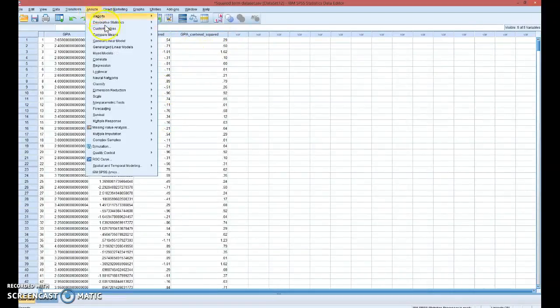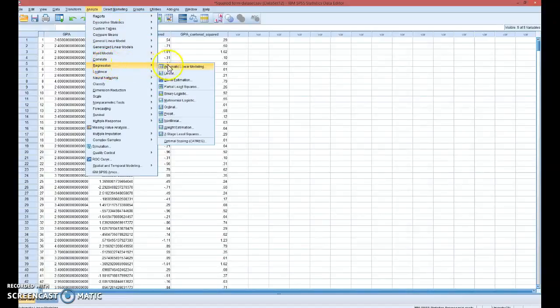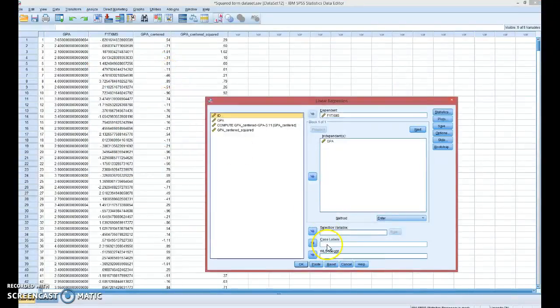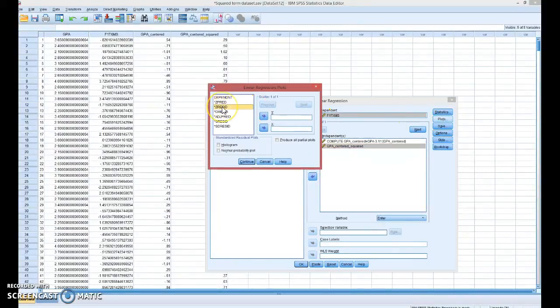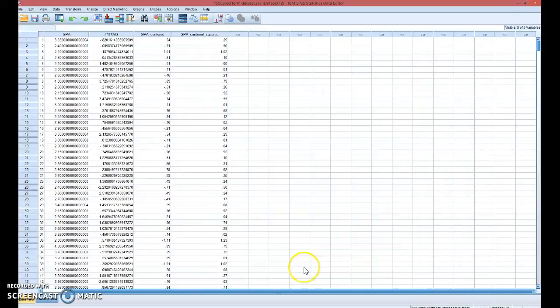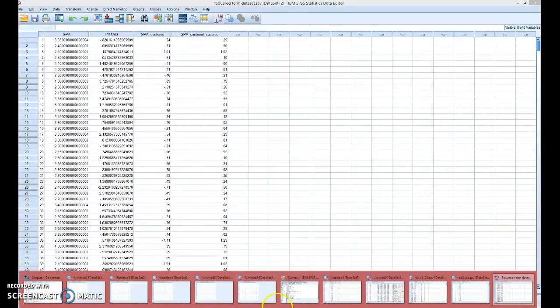And now I'm going to run my regression. I go to Analyze, Regression, Linear, Reset, put in my dependent variable as normal, put in my centered variable, and then the squared term on top of that. Create my plot, putting the residual in the y, predicted in the x, paste the code, find the syntax,